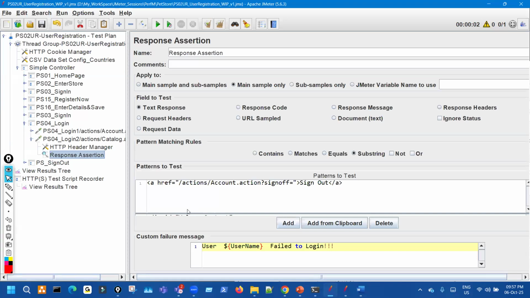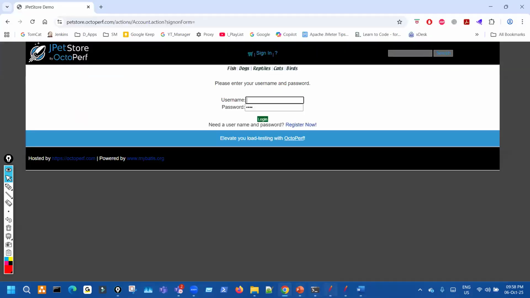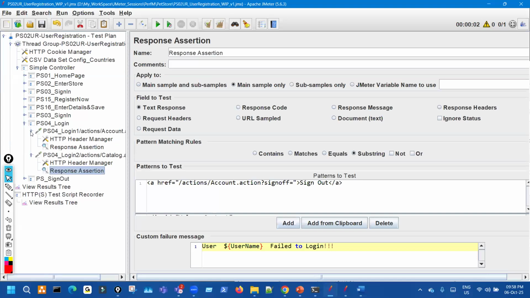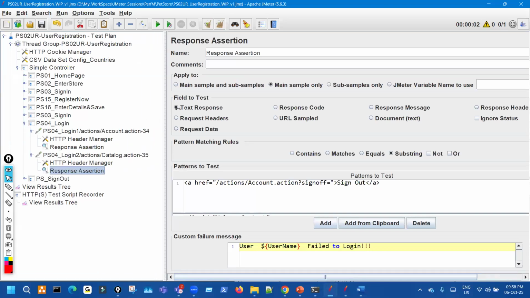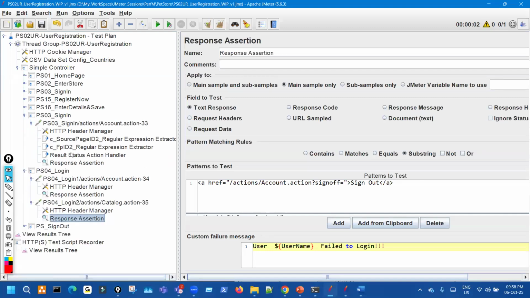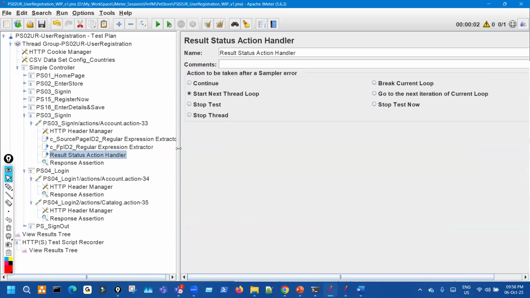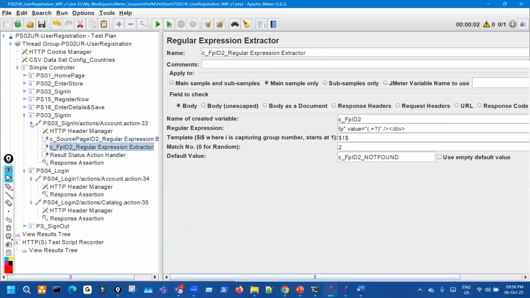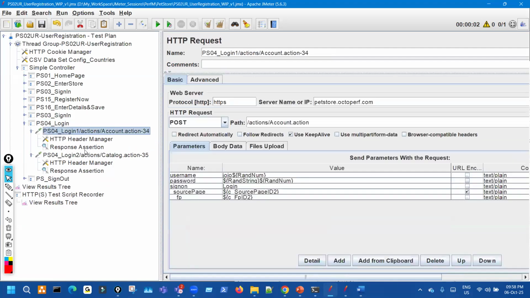No, wait. RSA is added. Correct. If we are extracting any value, we apply RSA. So here RSA is added. In login, RSA is not added. We'll add it